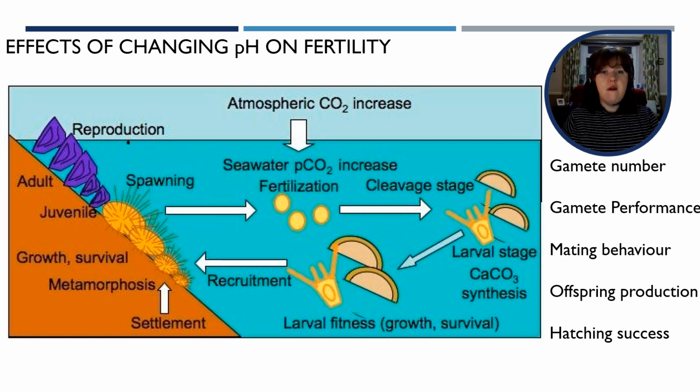pH changes may affect several traits at the same time, for example, disrupting the gamete production and mating behaviors, or the effect of pH change on one single trait may have cascading impacts on other traits. Gonad development being negatively affected has knock-on effects on gamete production and quality, as losses in fertility can have a significant effect on a population's dynamic stability and ultimately its survival. It is important to consider the reproductive traits when determining the effect of anthropogenic climate change on different organisms.